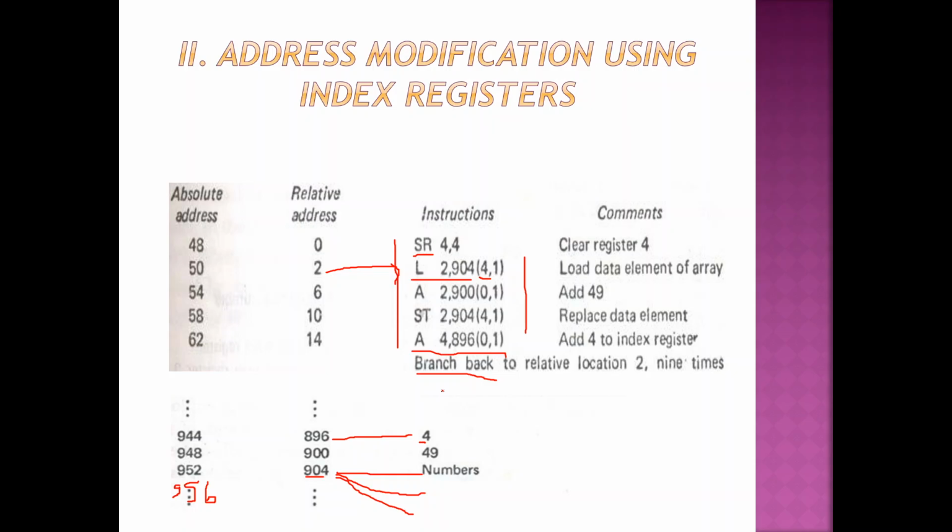So what is the trick we are using? The trick we are using is the absolute address formula. Using that, we are trying to directly access the absolute address itself. Instead of accessing the relative address and changing the code, I will not change the code directly. I'll go and access the absolute address. So this is how I want to perform this particular operation: address modification using index register. Yes, hope this is clear.